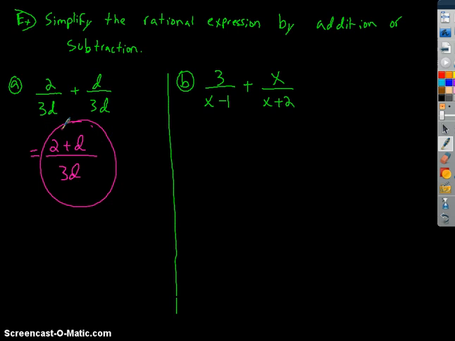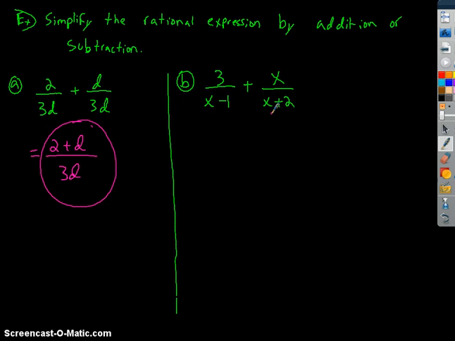Now in the case of the second example, they don't have the same denominators. Since they don't have the same denominators, there's more to it than just adding 3 to the bottom and making them have the same. Everything has to be balanced. So whatever you do to one side of the equation or one part of the expression, you must do to the other. So basically what you want to do is multiply this expression or this term by something and this term by something else